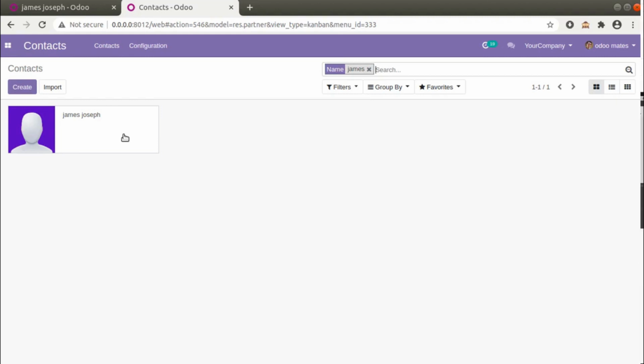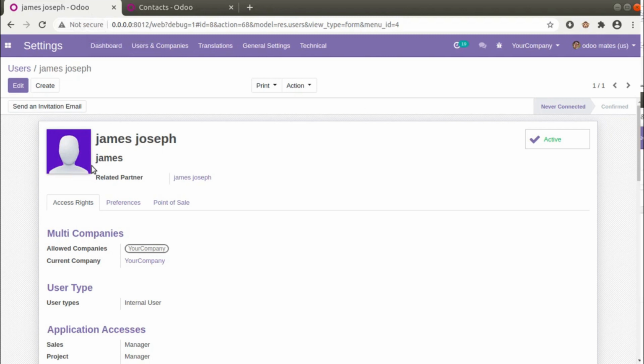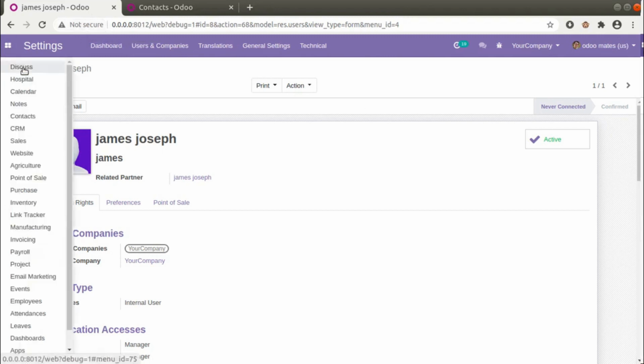So let's go into the OM hospital module and illustrate an example of the same. For demonstration purposes, currently in my database I have already installed the OM hospital module. If you haven't got this module, you can just go to the Odoo app store and search for Odoo development tutorials, or you can simply search OM_hospital, so that you can get this module for free. I have already installed the module in my database.